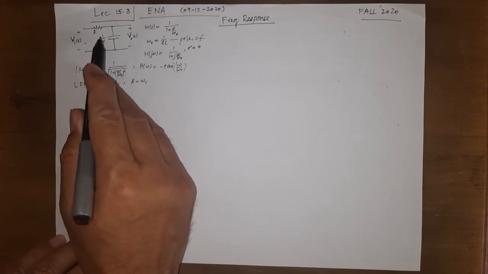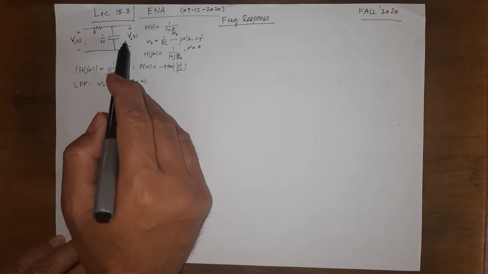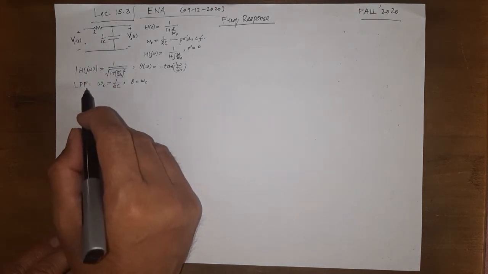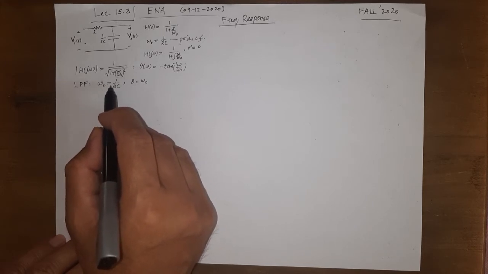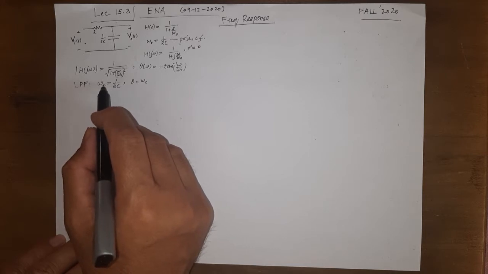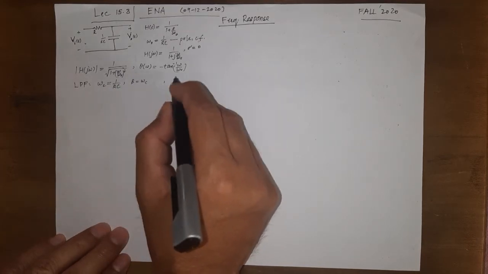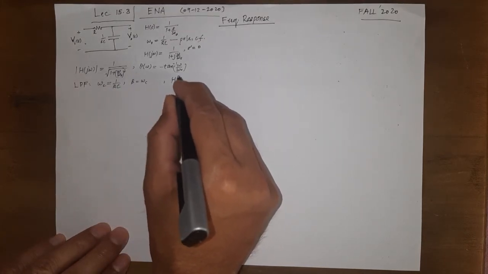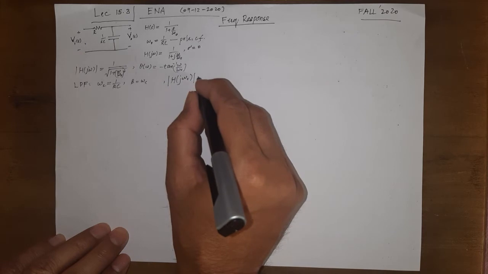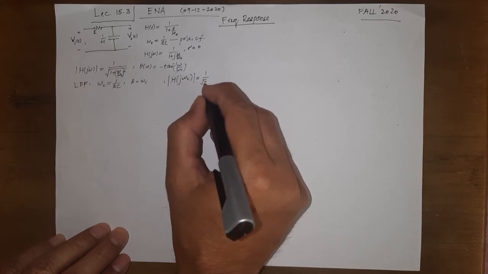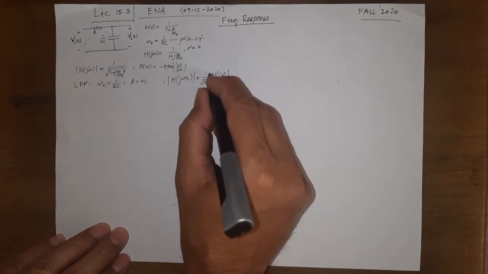And we found that this RC circuit, when the output is taken across C, is actually a low pass filter with cutoff frequency 1 over RC. And remember, a cutoff frequency is the frequency where the transfer function is 1 by under root 2 times. By definition, cutoff frequency is the frequency. So if we find H of j omega at omega c, then the magnitude is 1 over under root 2 times the max value of H of j omega magnitude.